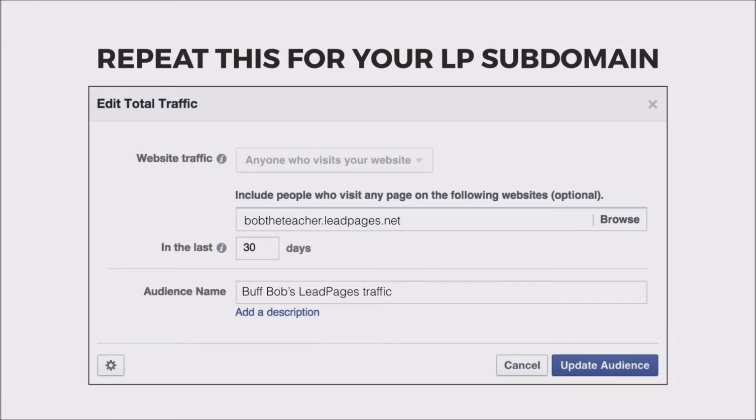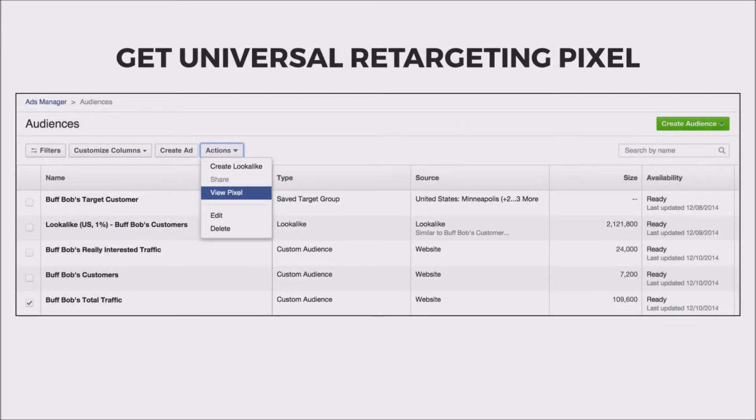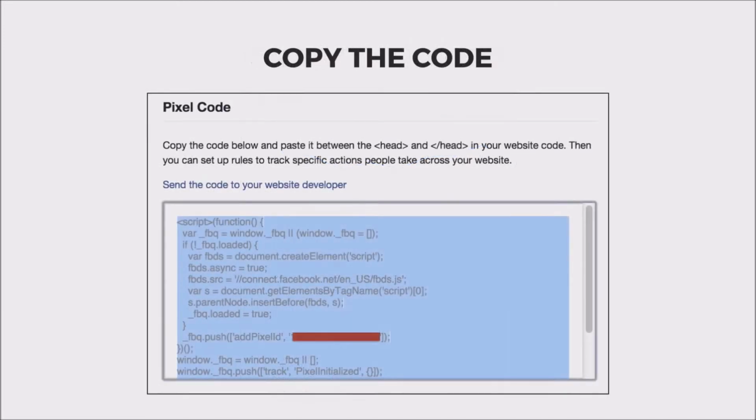Before you go forward though, I recommend you repeat this process to create a custom audience pixel for your lead pages that you create where you publish to the leadpages.net server. Click OK, and on your Audiences page, select the audience you've just created, then select the Actions dropdown and View Pixel. After you've had your pixel on your website for a while, you'll see an action graph, but for now you can ignore the graph at the top and instead go to the bottom half of the page and copy